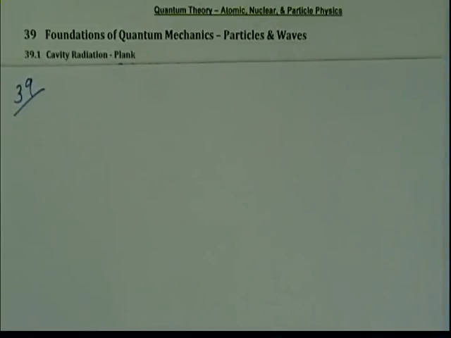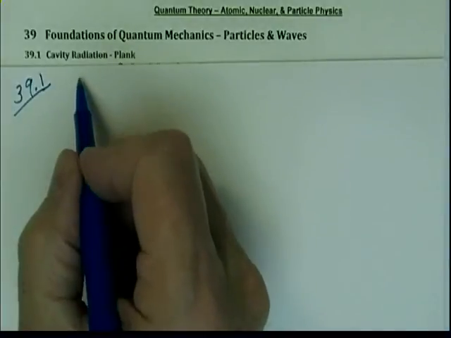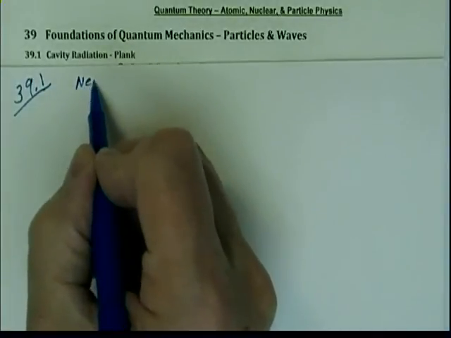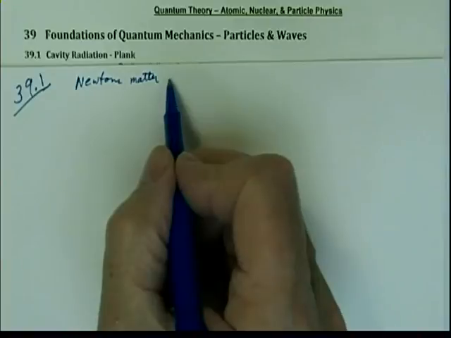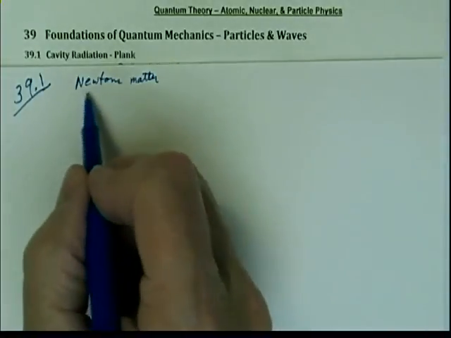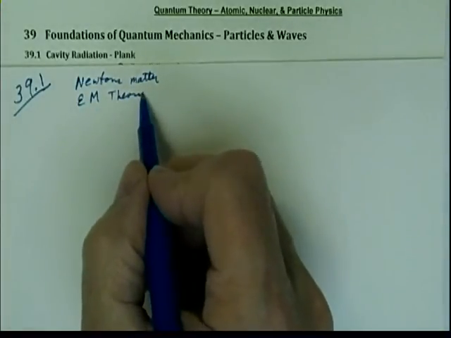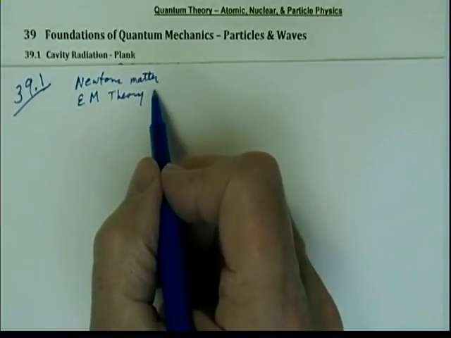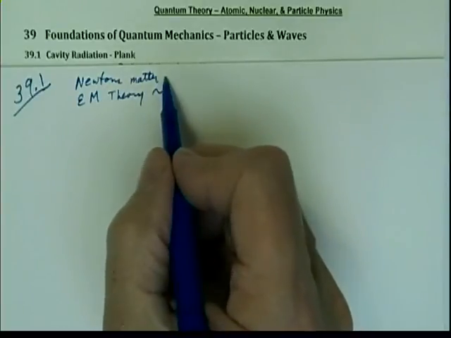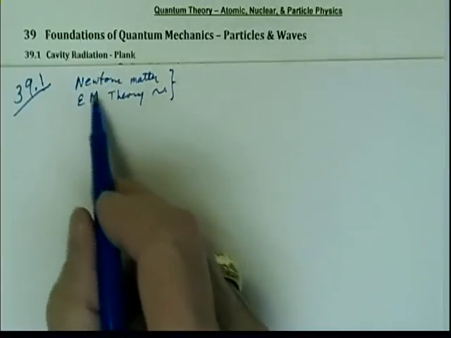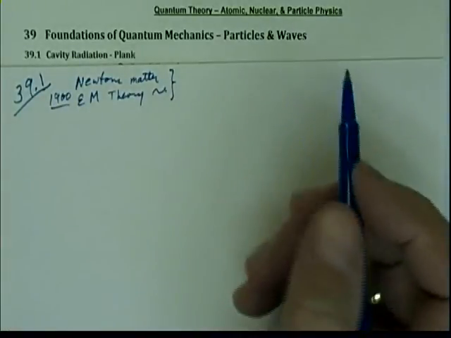1900. And to give you some kind of background to begin what has happened here, we had in the past, of course, Newton's theory of matter, and that's Newton's equations, the concept that time was invariant with everyone, and we had electromagnetic theory. The electromagnetic theory was a theory of electric and magnetic fields and of light and how light moved and so forth. So we had electric and magnetic fields and we had matter. Those were the two things. Many people thought that this was the theory of everything in 1900, and therefore nothing else would be discovered except